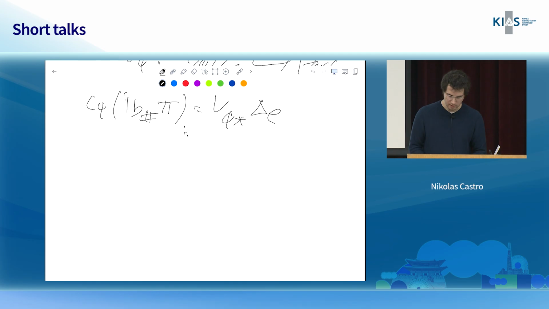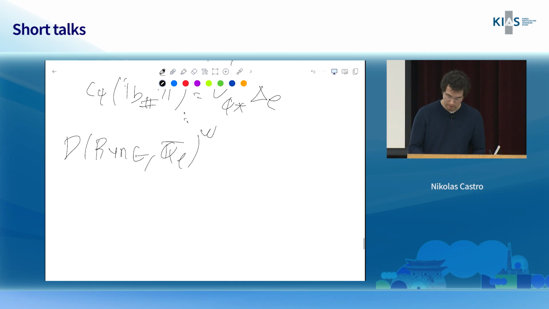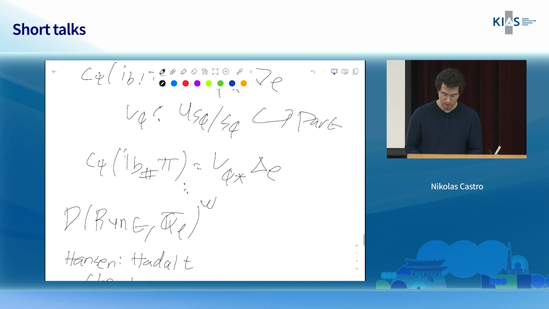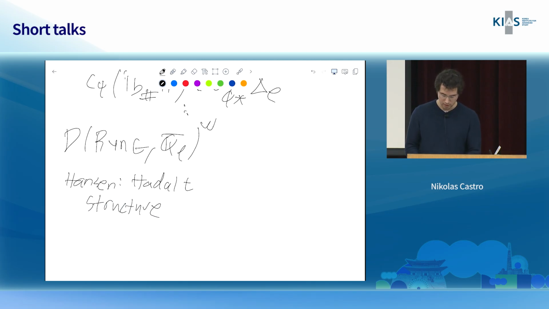So one thing that this gives us is a t-exactness result. So if we look at this, then Hansen constructed something called the Hodge t-structure using these IB lower sharp and IB lower shriek sheaves. And then on, we're going to specialize to our parameter phi here. And then on the other side,